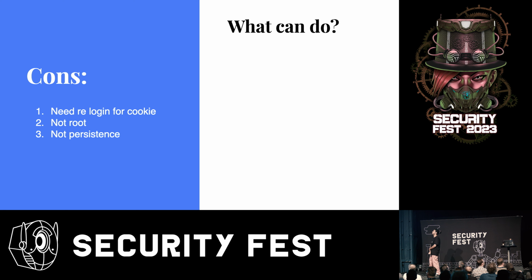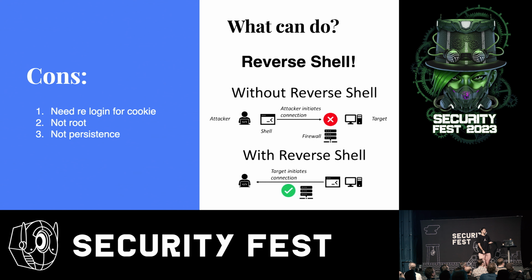So we already have access to the system, but we need to log in again because the session ID expired after a certain time. Also, we didn't have root access, so you just have the Nginx user, and we didn't have persistence. So now we can implement a reverse shell. I don't want to explain what a reverse shell is, but it's when the target machine connects to us,